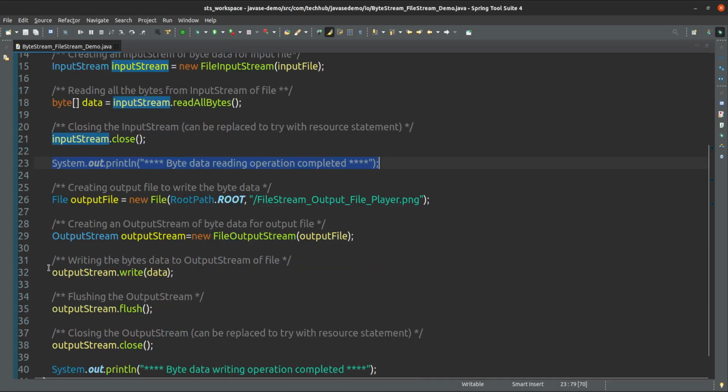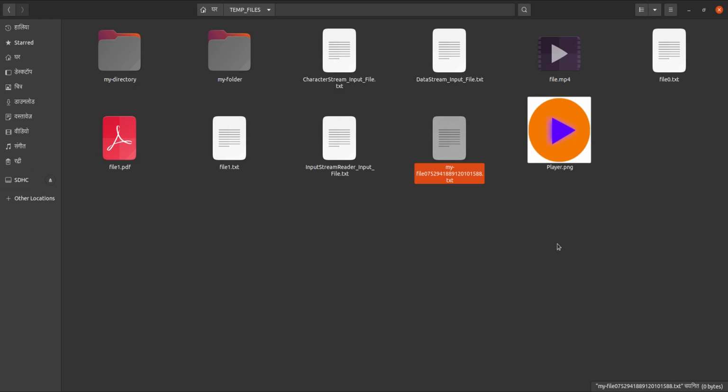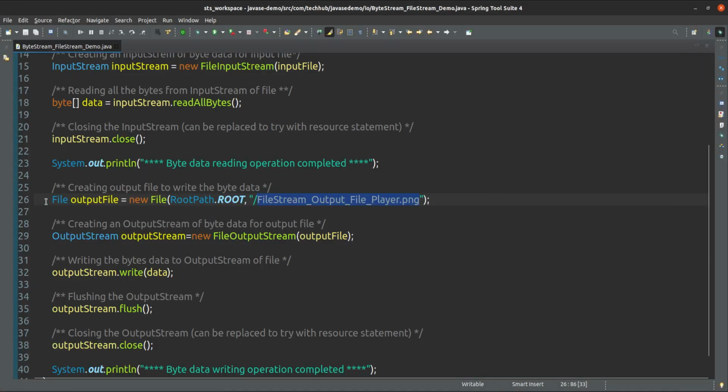After that we create one output file, with the name file stream output file player.png. If you see this directory, there is only one .png file available, no other file. I am taking input from this player.png file, and after reading the bytes, I have to write that byte data into a new file, so I am creating an output file to write the byte data.